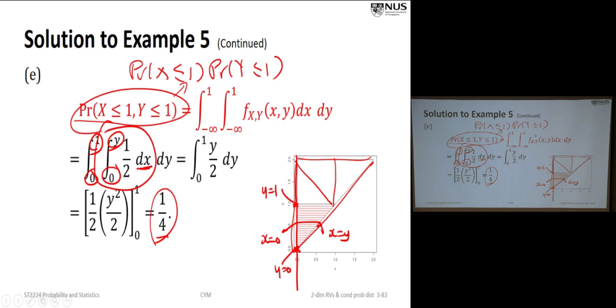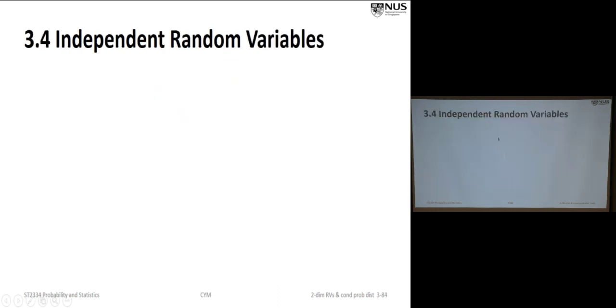It means that x less or equal to 1 and y less or equal to 1, these are 2 events. All right? So it's saying that the probability of A times probability of B equal to probability of A intersect B. This means that A intersect B, both events occur. So that means A and B are independent events. And in general, this may not be true. All right? Okay.